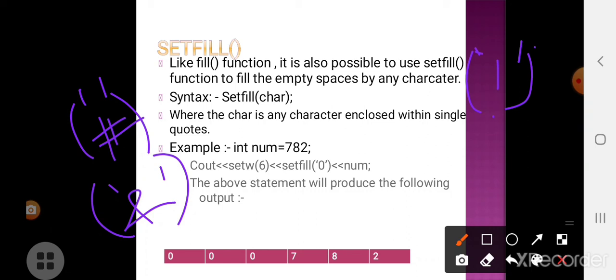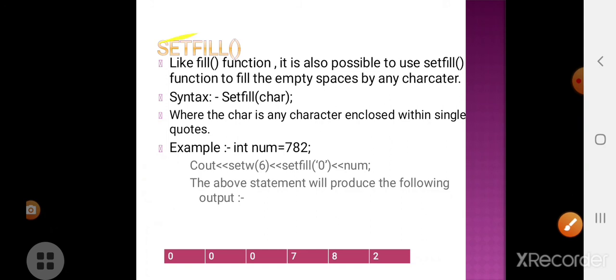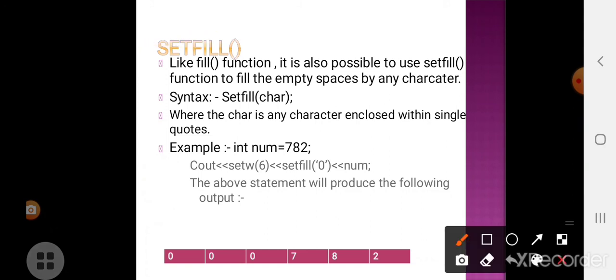But with setfill, we only have to specify the fill character. In the name itself it is indicating set the fill. So just like the fill function, it is also possible to use the setfill function to fill the empty spaces with any character.